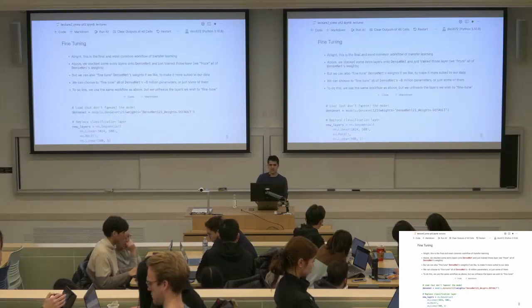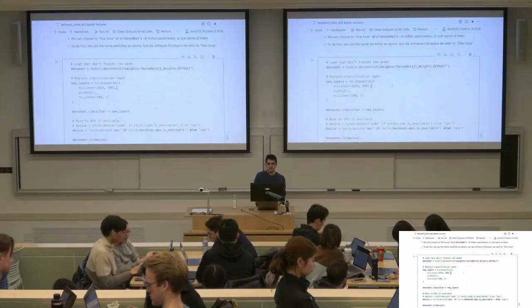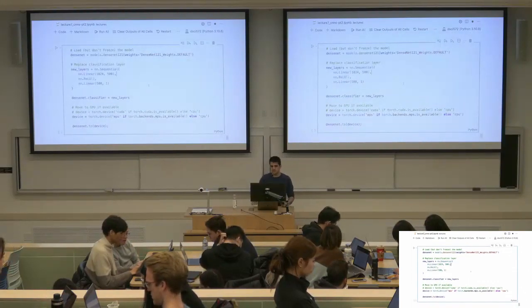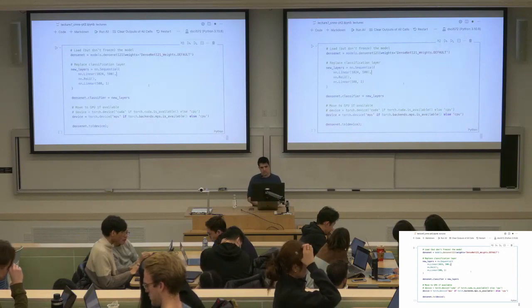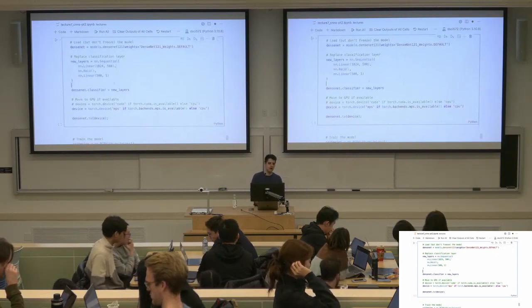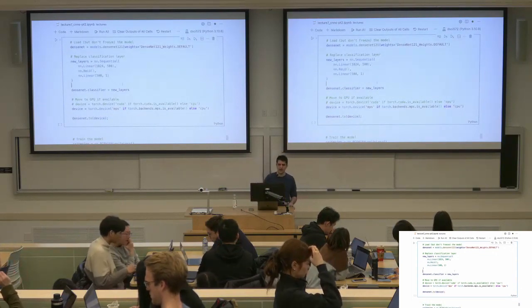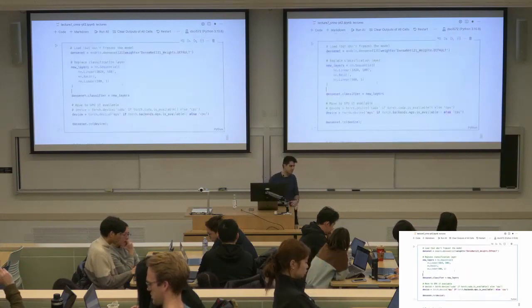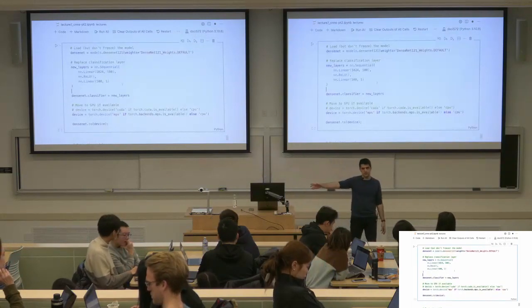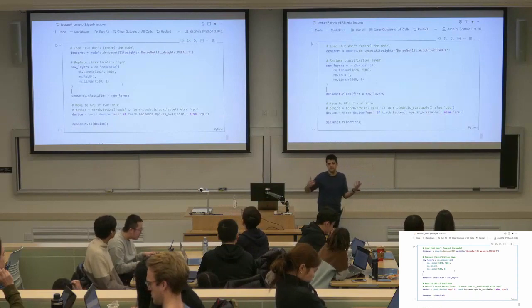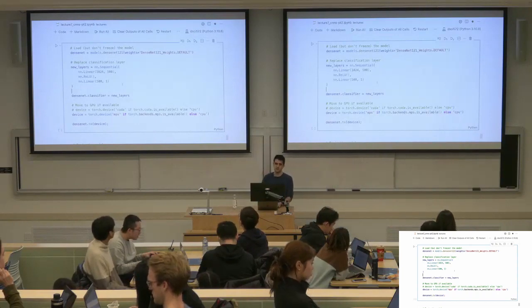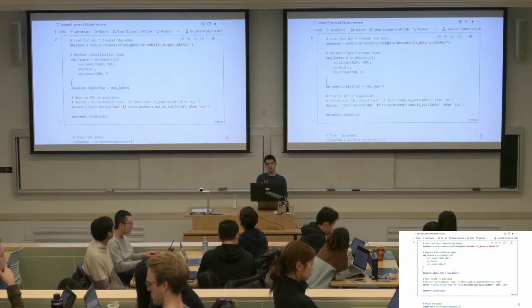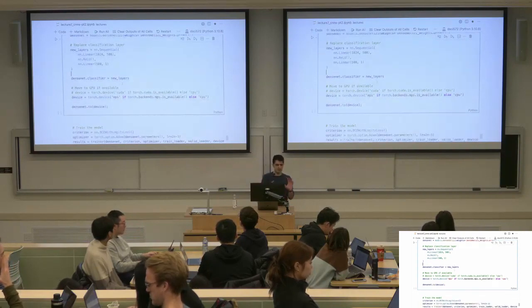The other approach is that we can load the same DenseNet model and then attach our own classifier layer. However, we don't freeze all of the weights and biases of the network. We basically allow them to fine-tune themselves to the data set that we have. Okay? So the only difference here is that we don't freeze the entire network. We use the existing